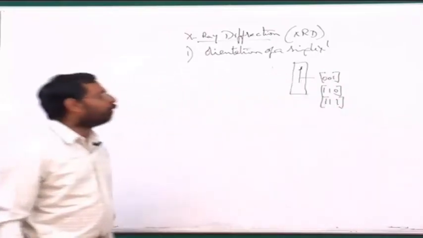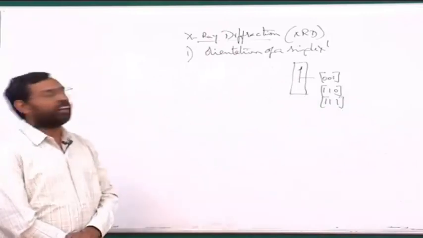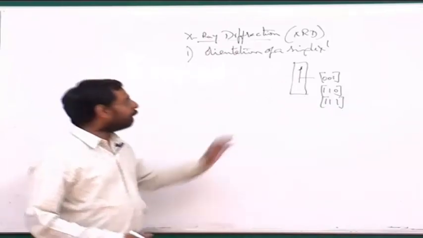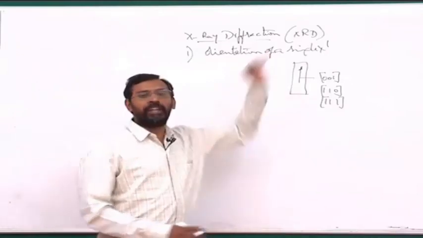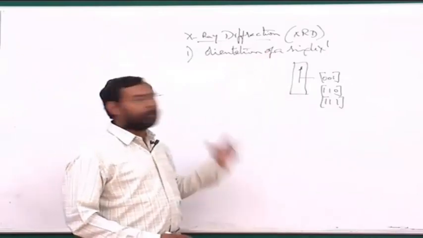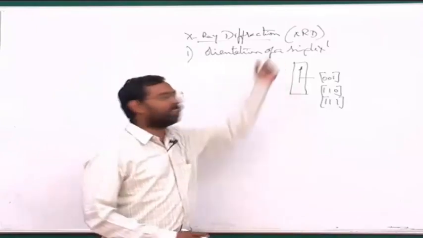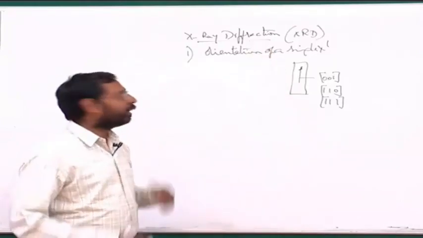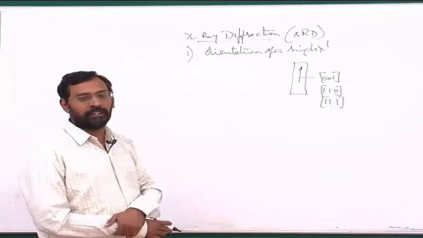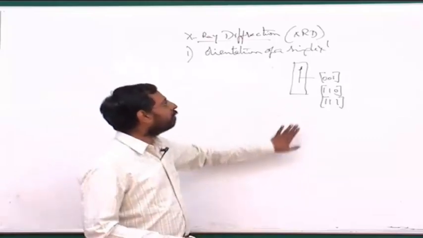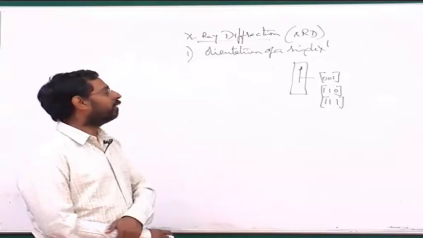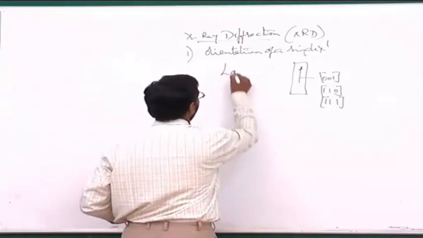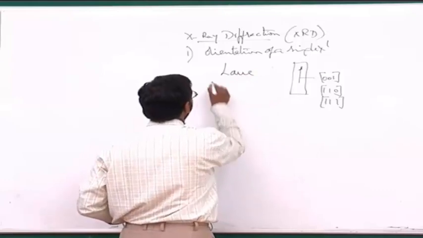If I want to know what is the axial direction, it is because many properties depend on various directions. As a result, people are interested in generating single crystals with a specific orientation so that they are useful for a particular application. So it is important for us to know what is the direction. That is where we said we can use two techniques. One is a Lave technique, or rotating crystal method.